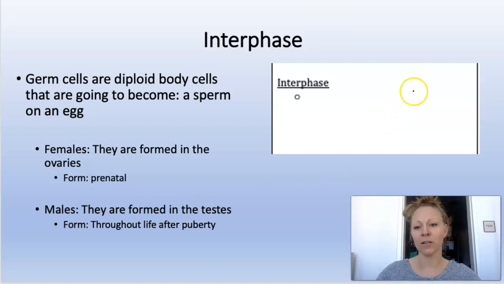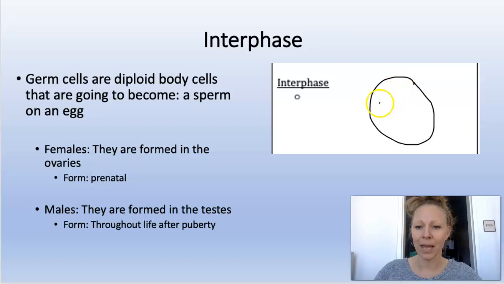And so here, interphase starts with a cell, a normal body cell that is in the ovaries of a female or in the testes of a guy, and it's going to start off as a normal body cell or diploid cell that has 46 chromosomes. So let's put a D over here. And so in the process of meiosis, we're going to start with one diploid cell, but end up with 4 haploid cells. And so a germ cell is a cell that's found in the ovaries or in the testes